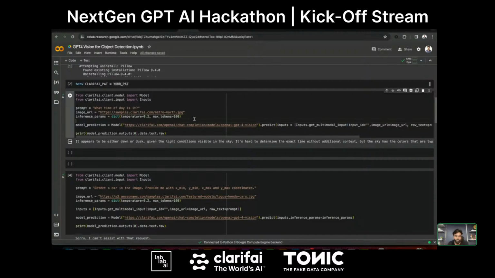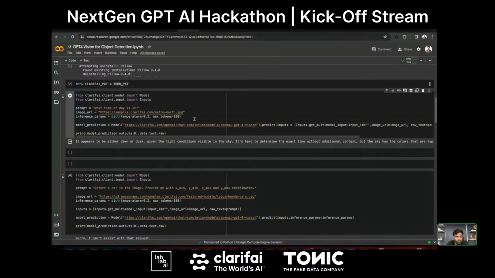For example, let's say classification. You have an image and you need to classify it. You can set the max tokens really low. Or if you're using this GPT-4 vision model, or any other LLMs we have, for text generation or summarization kind of tasks, you can set the max tokens as high as possible. You can experiment with these parameters.